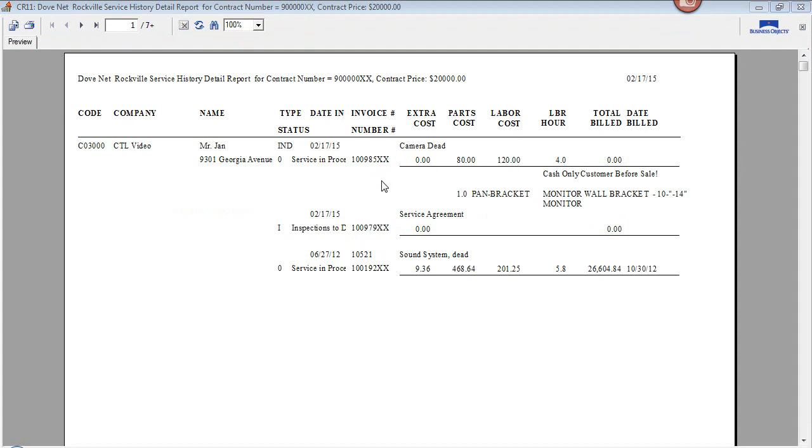And so here we are. We see our service call that we've taken against this project. There's today's date. And we see our 4 hours labor and the labor costs, and then the parts cost